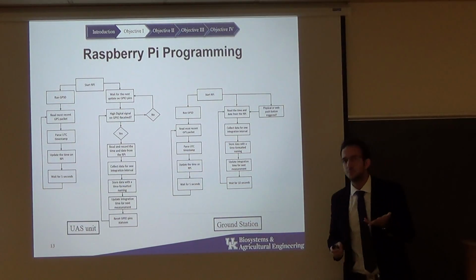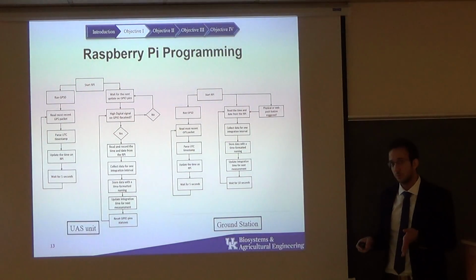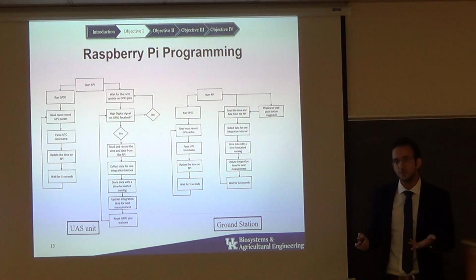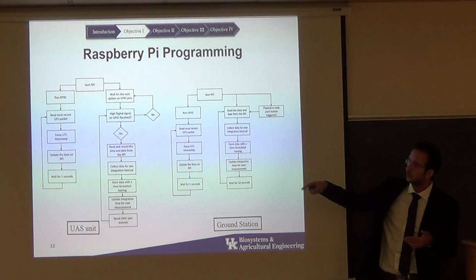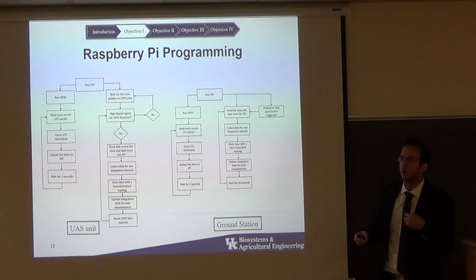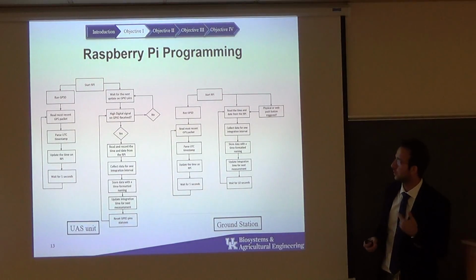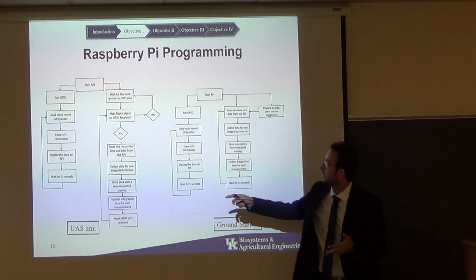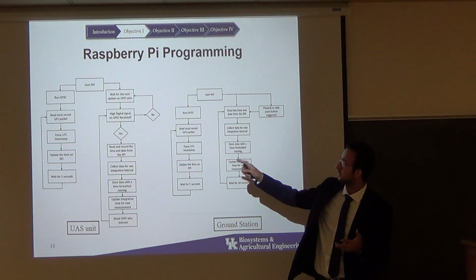So the Raspberry Pi needs to be connected to the internet to have a correct time. And because we are not connected to the internet in the field, and we cannot be, we are using the GPS device, and we are trying to update the clock on the Raspberry Pi every few seconds, so we can be accurate enough. On the right part, on the UAS unit, as I said, we're going to wait for